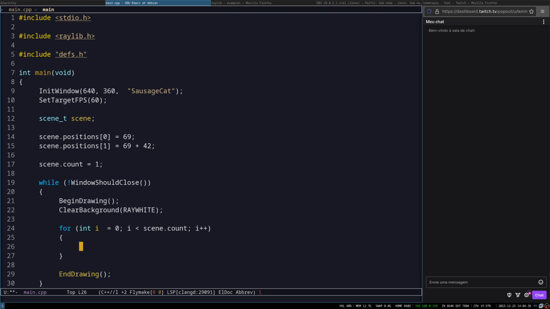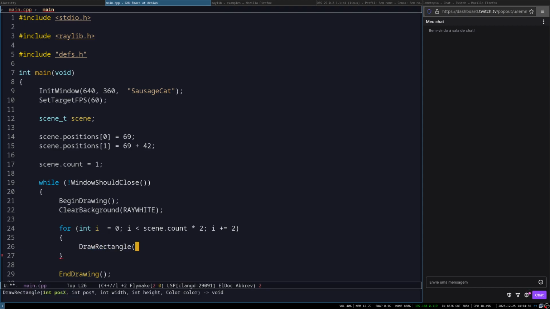Draw, plus equals 2. Let's do this times 2. Draw rectangle. The position is scene count plus x, which is the scene dot positions i,